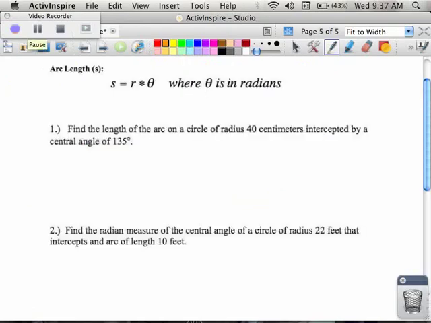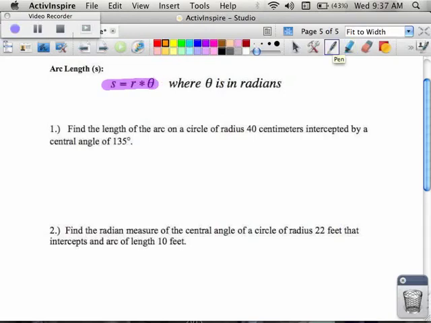Because on the test, this will be on the test, and like everything I do is on the test. And one of the things I want to tell you is you have to remember this formula. Okay, it's a memorization thing. So this formula right here, where they talk about the arc length, S equals R theta, is something you have